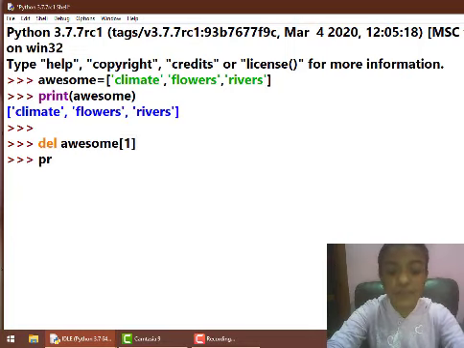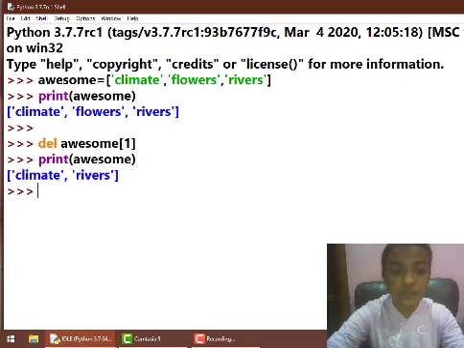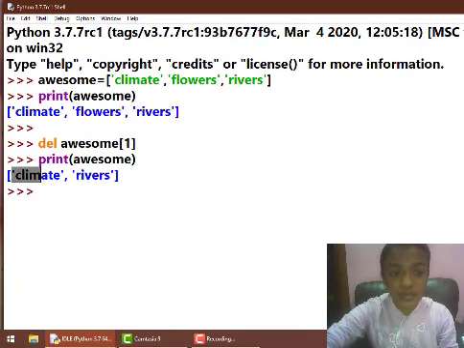And now when I tell Python to print awesome, you can see it has printed the list excluding flowers.